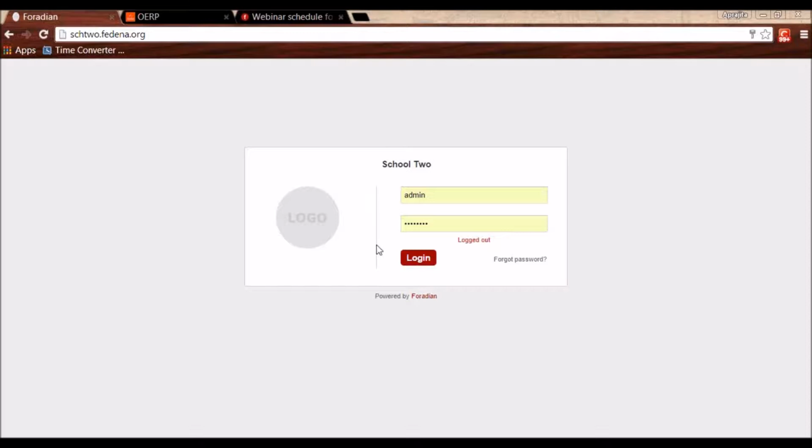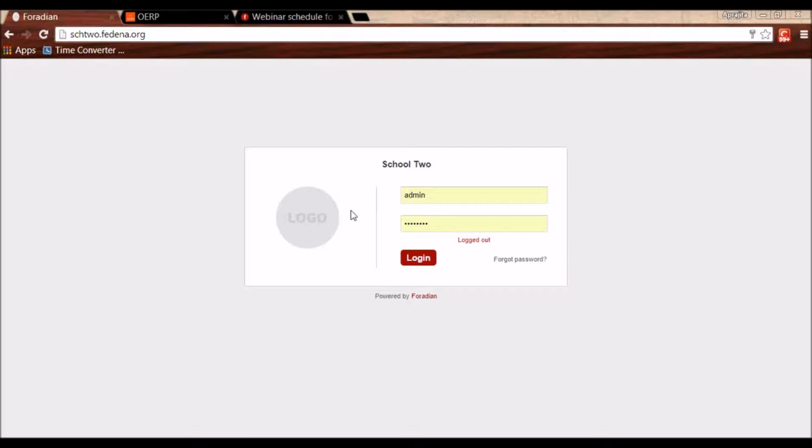Now, before starting, this is the first screen that you will see in FIDINA. And this is the login screen. In FIDINA, admin can log in. So admin is the user who has all the privileges. Then employees can log in. So to the employees, we can set privileges based on their role. Students can log in, and the parents of the students can log in.